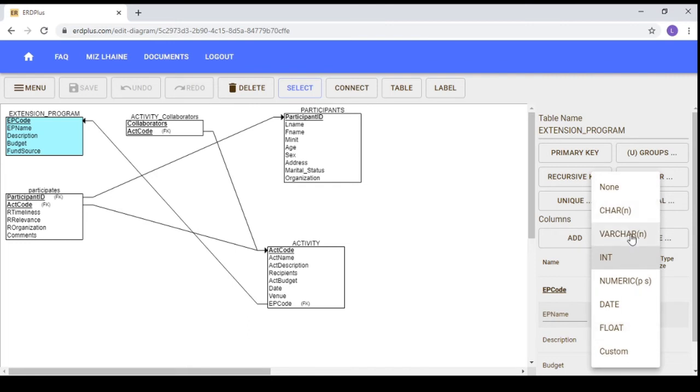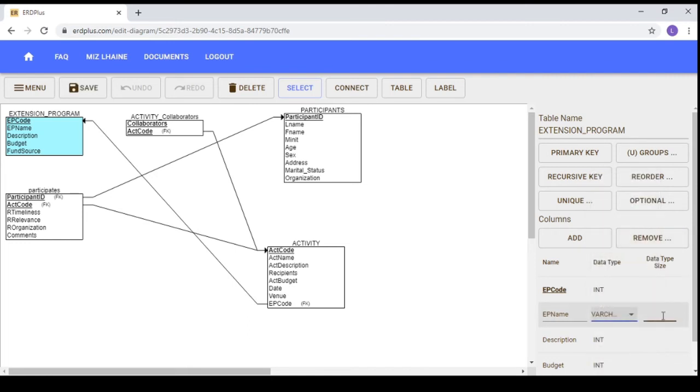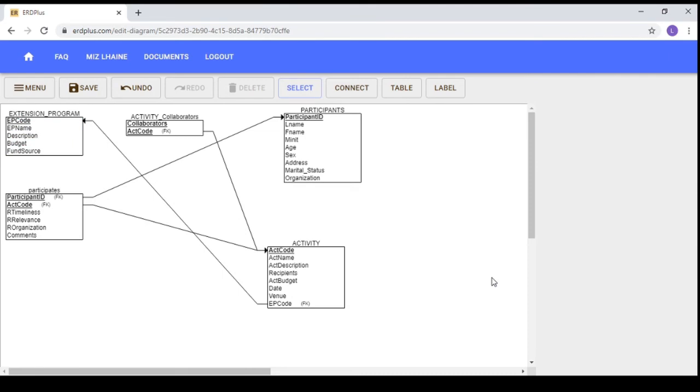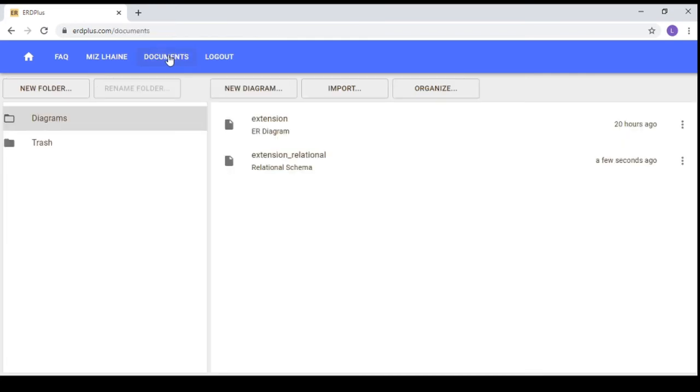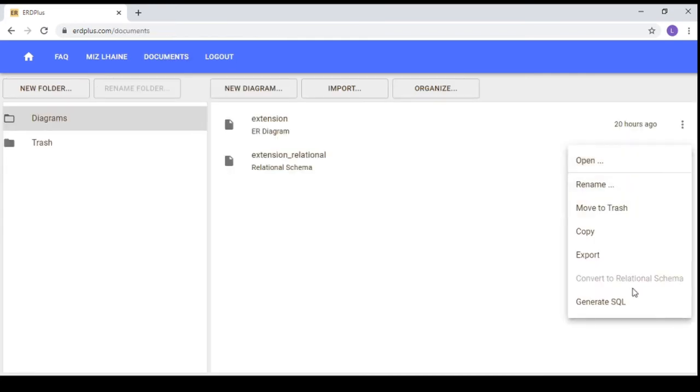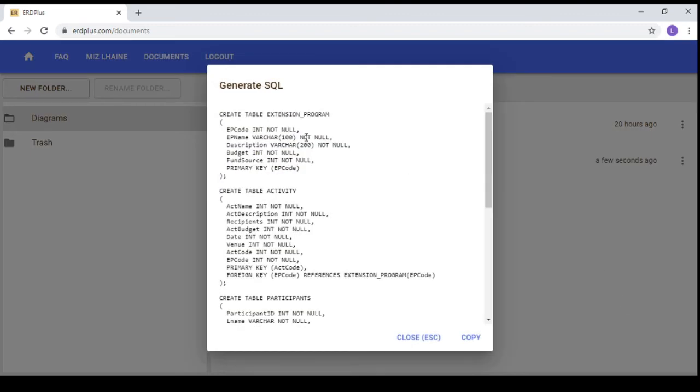Let's try this one. Then click save. And then let's try again. Okay, here you go. The extension program name and the description now have the data types